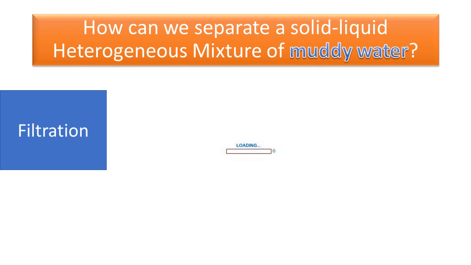How can we separate a solid liquid heterogeneous mixture of muddy water? Muddy water is another heterogeneous mixture. To separate them now, we are going to use the technique of filtration. Filtration is another technique that depends on the size of the particles and not on the density of the particles. So to separate them, we need to